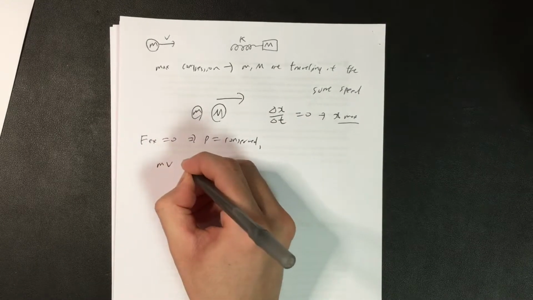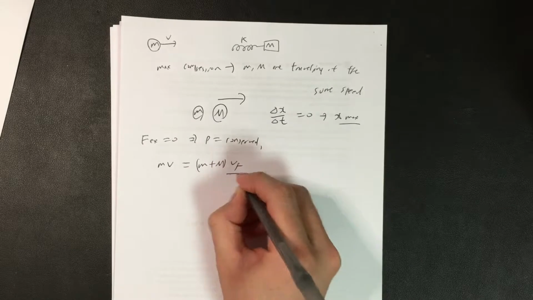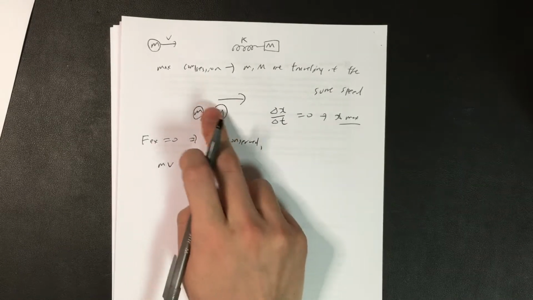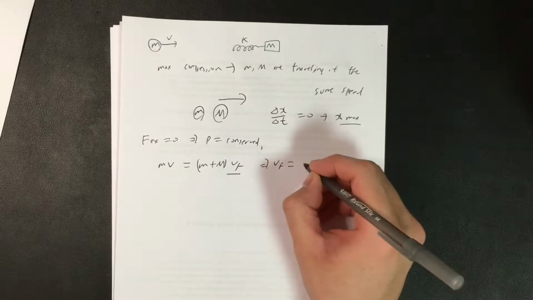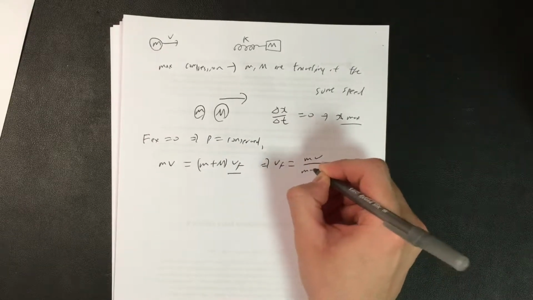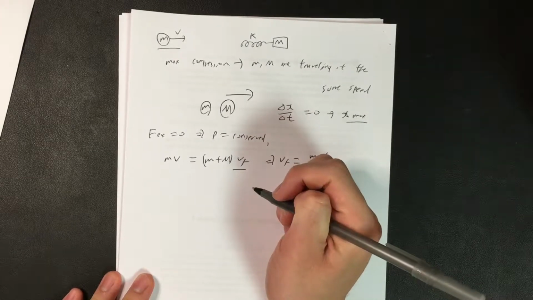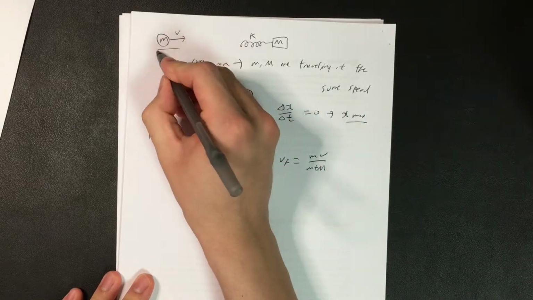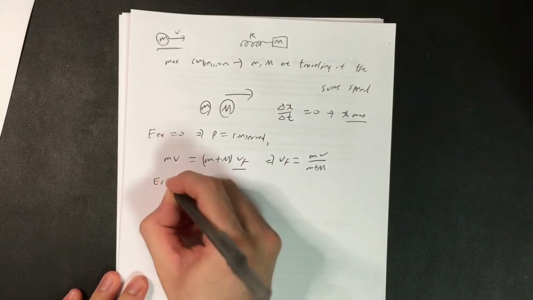Therefore, mv equals (m + M) times v final, where v final is the speed of those two masses traveling at the same speed. Solving for v final equals mv divided by (m + M). Since no energy is lost, I can use conservation of energy as well. Initially, this mass only has kinetic energy, so initial energy equals